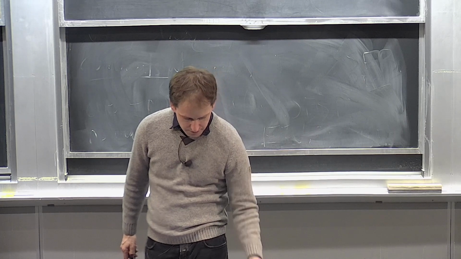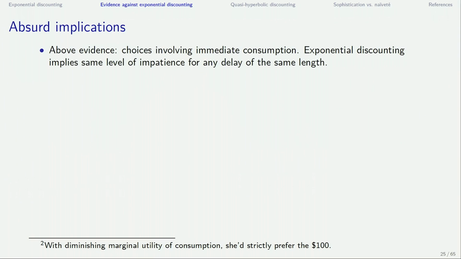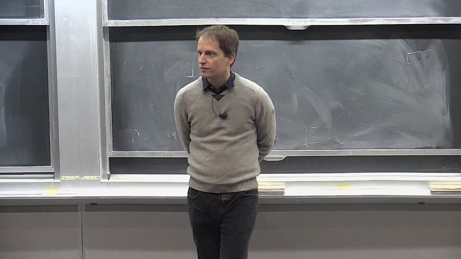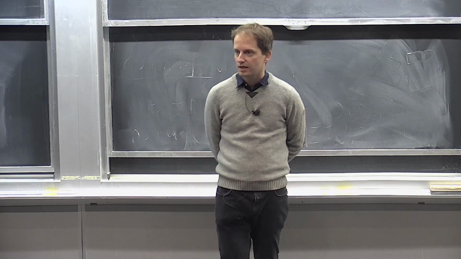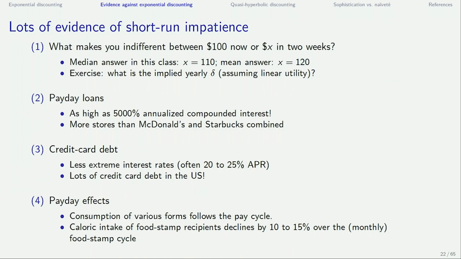However, when you think that through, you get very absurd implications of this short-run impatience. So what I showed you now is several pieces of evidence of short-run impatience. Now, taking the exponential discounting model very seriously, we're going to think about some of the implications of what the exponential discounting model says. One way to think about this is the money now versus later choices. As I told you before, when you look at number one here, I was asking you what makes you indifferent between $100 now and X dollars in 2 weeks. And the median student was saying something like $120,